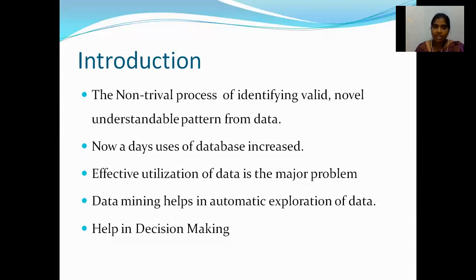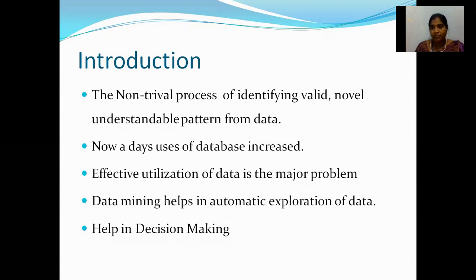Data mining is the non-trivial process of identifying valid, novel, potentially useful, and ultimately understandable patterns from the given database. Today, with the widespread of data, wide usage of databases, and explosive growth in the size of data, organizations face the problem of information overload. Because the usage of data in digital format